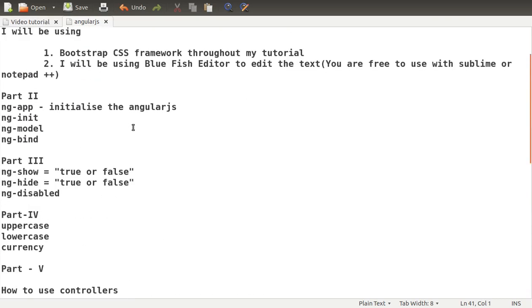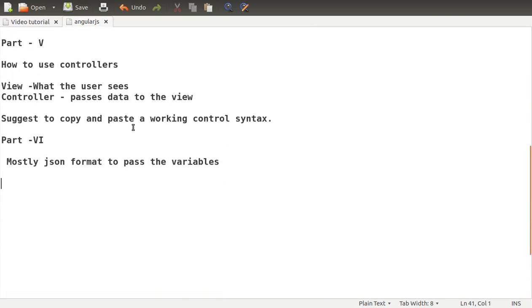So we have gone through till part 6. Now we will go through part 7. How to use ng-repeat. Right? So ng-repeat reduces 90% of your coding time, and it will be on the client side, which means the variables are passed and then your things are worked out in the client side. This is how using such things will reduce the page speed. We'll see how it reduces it.